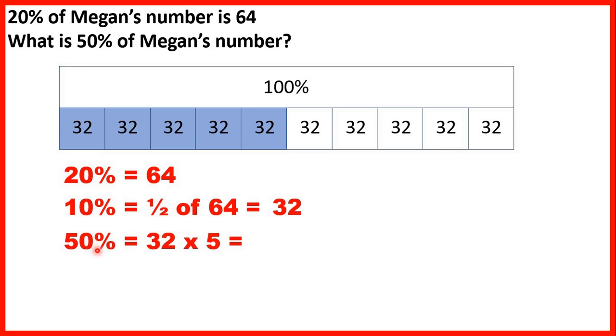So to work out 50%, if we know that 10% is 32, we can multiply 32 by 5, because 10% times 5 is 50%, and 32 times 5 is 160, so that must be 50% of Megan's